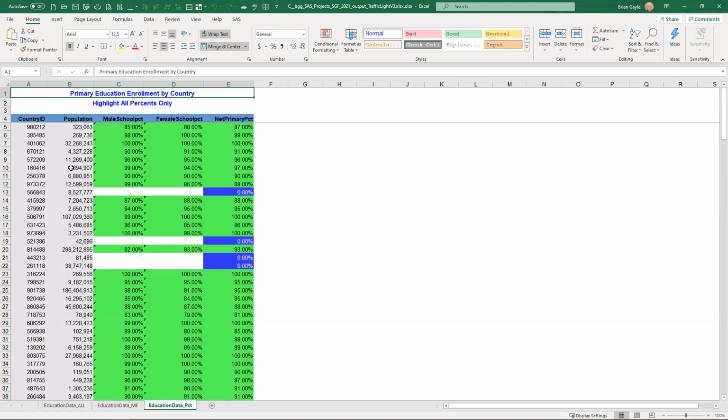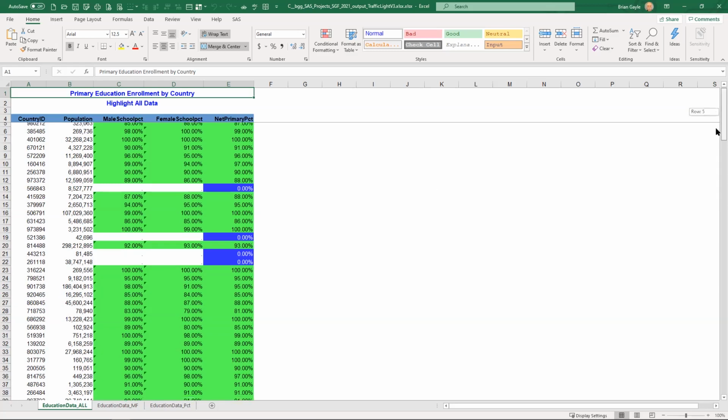And of course, populations and country IDs are not 0.8 and 0.7. They're not percentages. So in applying them to those columns, we see the numbers. The numbers just come out based on the data being stored, but the background did apply because it fell into that other category, the way I defined my format.